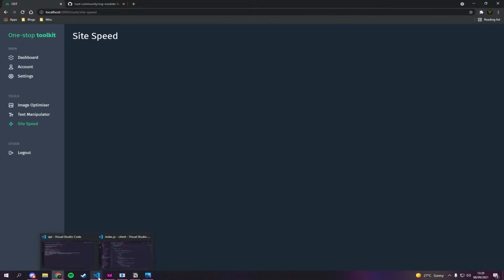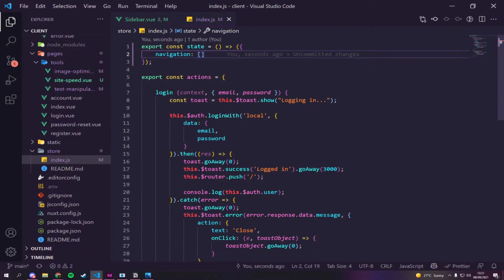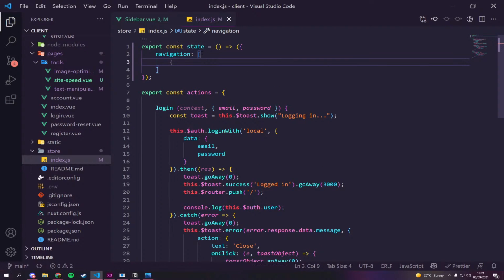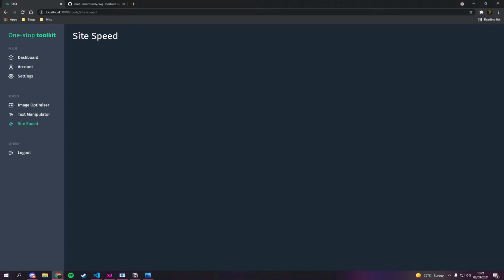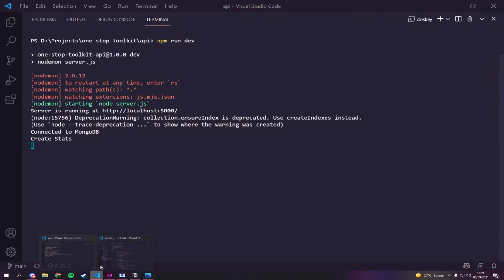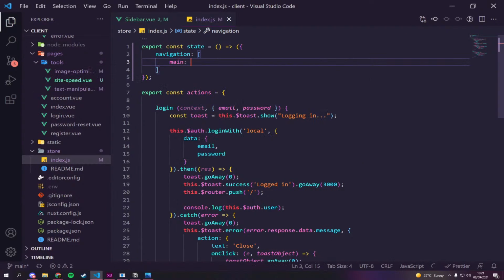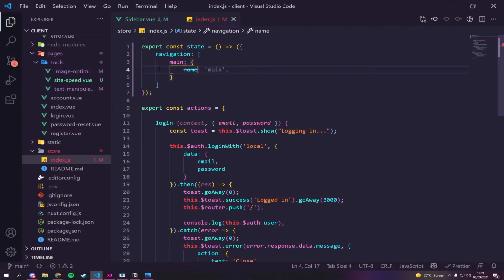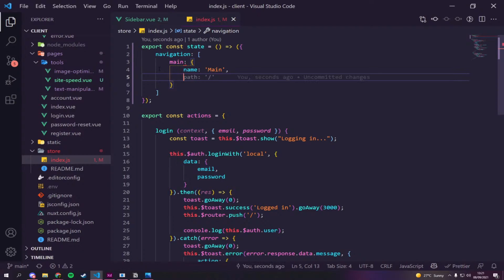And let's go to... Okay, so inside navigation, we're going to want... Well, we've basically just got a name for this, haven't we? So let's go back here. We're going to need main, so let's create one called main. And this will be a name, and it will be main. And then in here, we'll have path. Well, I guess we don't. That makes sense. Name, and then in here we'll have